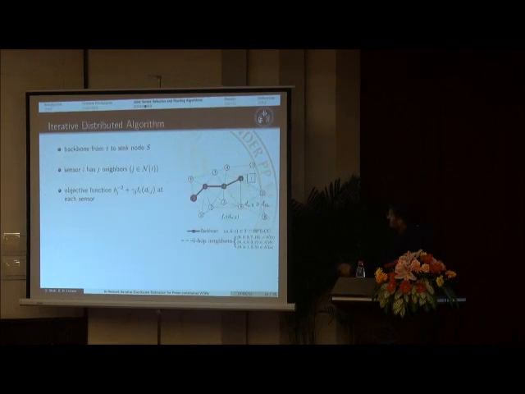Now, coming to the second algorithm. In the first algorithm we fixed the routing structure and optimized the sensor selection. Here we are going to provide a distributed algorithm, where we trade off the distortion with the communication cost with the weighting factor gamma j. We start from a backbone from the target to the sink node. That backbone is obtained from the shortest path tree that I already discussed. We pick only the path from T to S and name it the backbone,